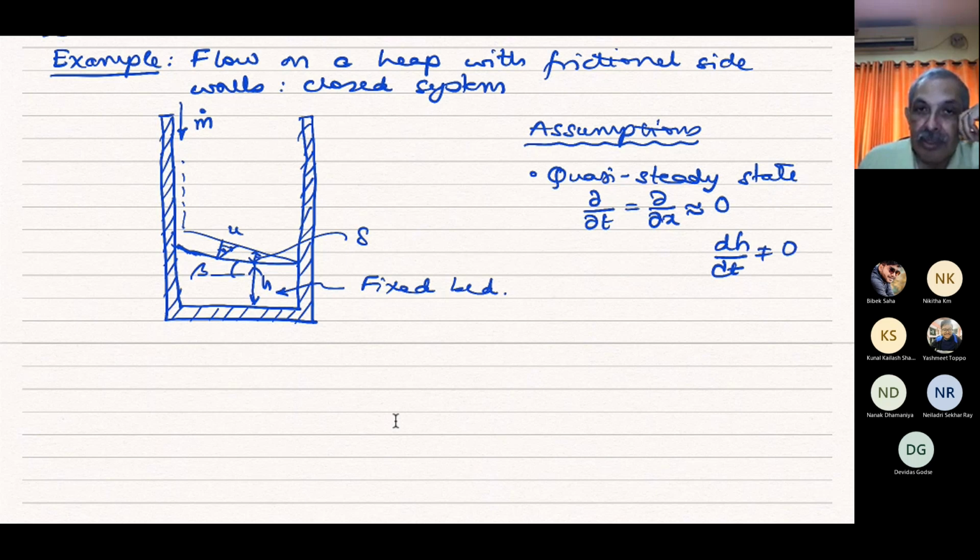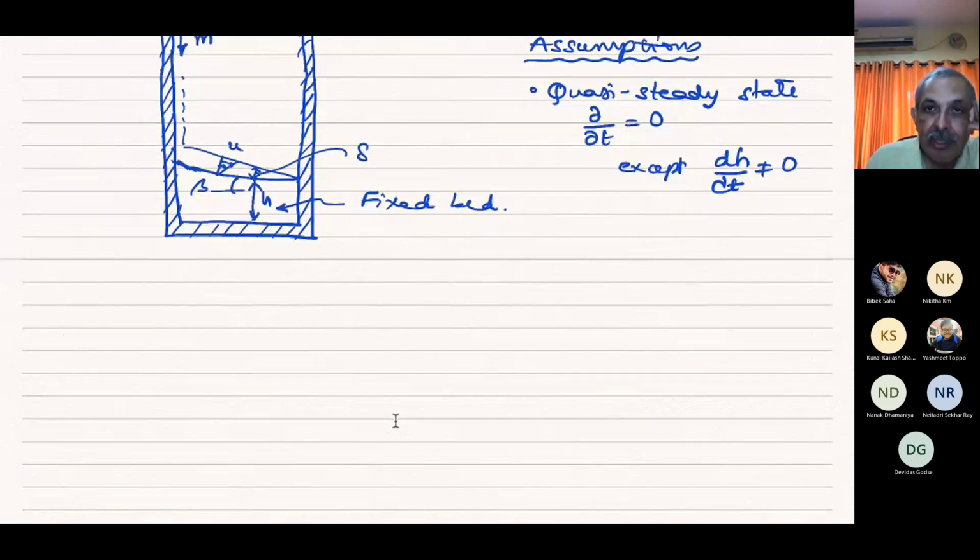Otherwise, all other time, sorry, this is not correct. We are not taking del x by del t. It is quasi steady state. So this means that only del by del t of any variable is equal to 0, except del h by del t. Only that is not 0. Otherwise, all other derivatives are 0. So if we assume this, then what we will get is that